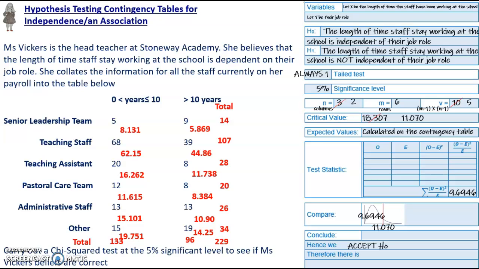And just looking at my critical value, if I'd have reduced those degrees of freedom much more, my critical value would have gone a lot smaller and I would have ended up incorrectly accepting H0. So it's really important we don't reduce it too much. And then in context, I can say there is no significant evidence to suggest that the length of time staff stay working at the school is dependent on their job role. We are saying that Miss Vicker's belief is not